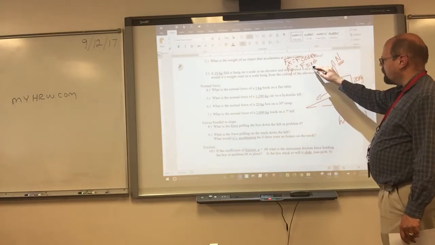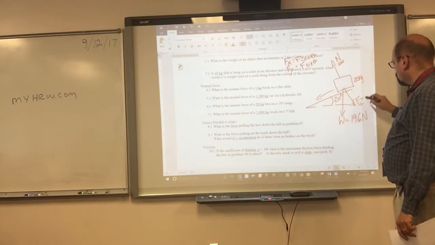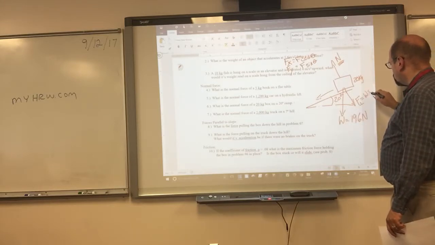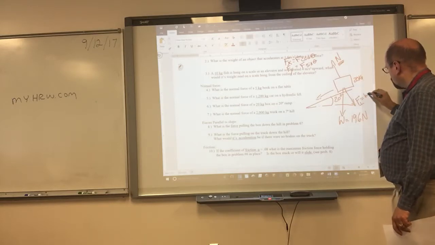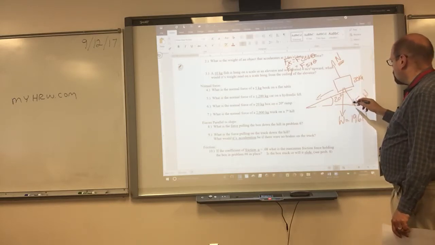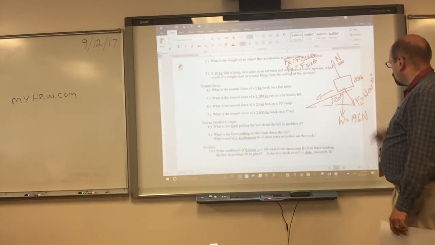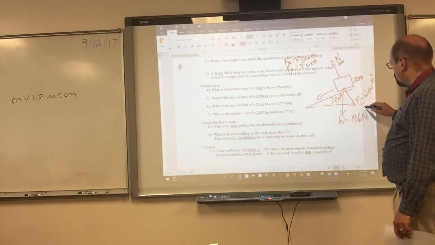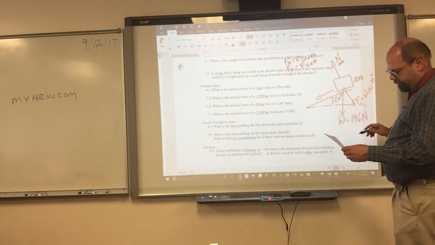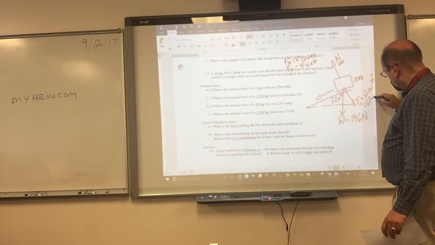Normally it would be F sine theta, but we're going to flip this because we're on a ramp, and it's going to become the force, which is the weight, times the cosine theta because those switch. So that's cosine of that angle 20. Okay, so weight times the cosine of 20, 19.6 times the cosine of 20 is going to end up becoming